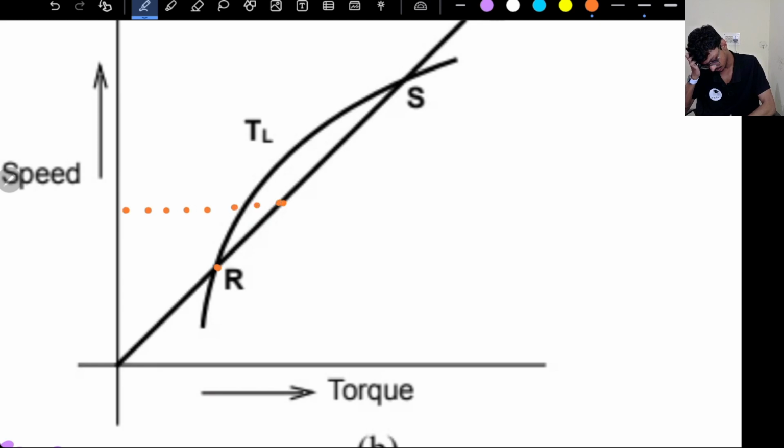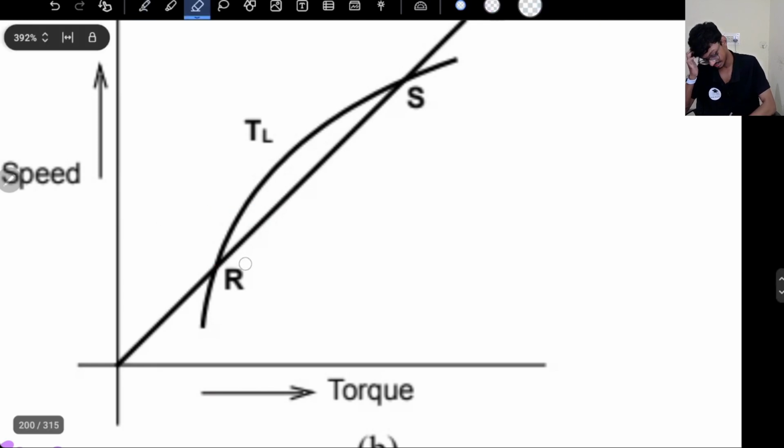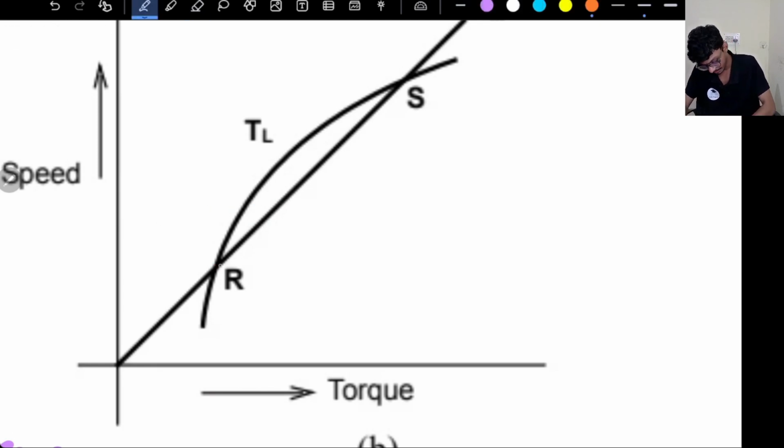So basically this is the speed. Okay, sorry, that is what I was making a mistake. So I am at point R and I am increasing, let's say this is the speed, right? Initial speed at R. So I'm here, I'm making a small disturbance. I'm increasing the speed to nr dash. Okay, so I'm here. So in this particular case, what is the